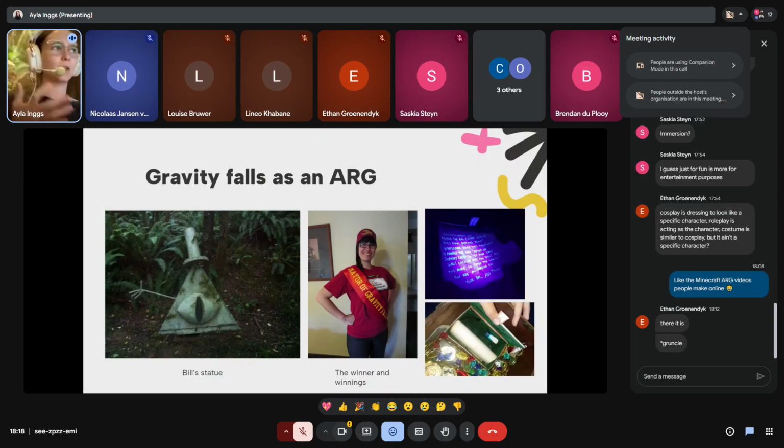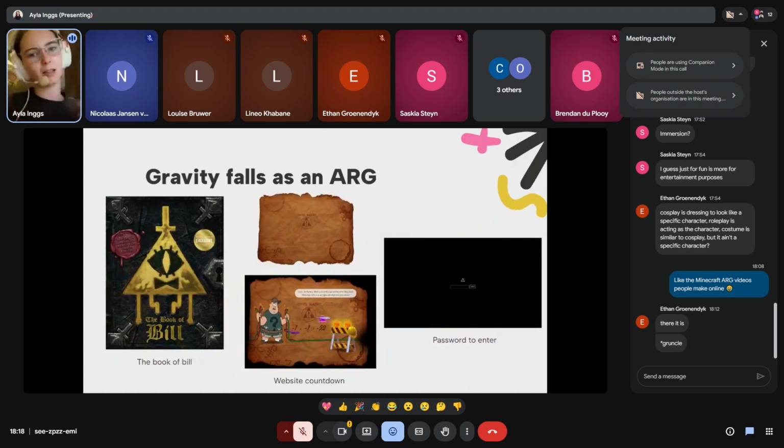So this happened, I think, in 2014, 2016, somewhere there, and then people obviously started missing Gravity Falls because the show stopped, and it was a great show. So they came out with a book called The Book of Bill, and this was in 2024, so quite recently. And what happened was people started realizing, hey, maybe there's something in this book as well. Now, this is not an ARG specifically, but it was along those vibes, trying to get people to feel the same way they felt about finding the Bill Cipher statue.